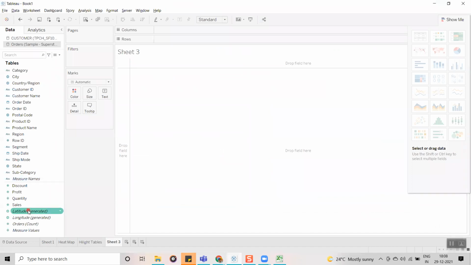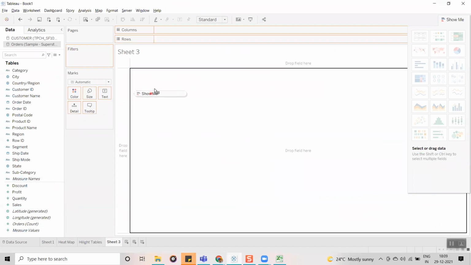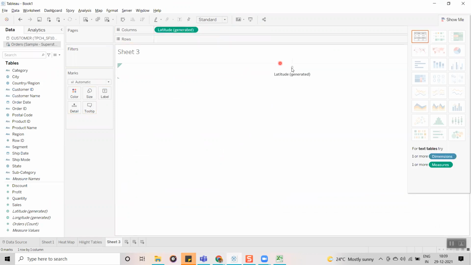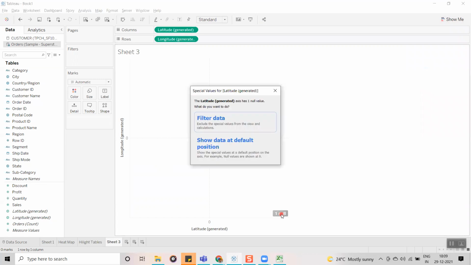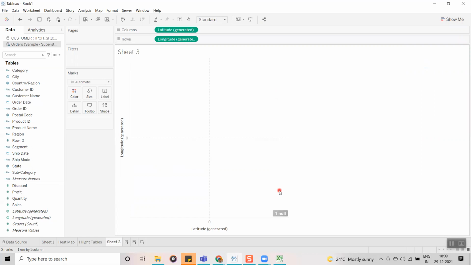See, for example, now if I drag latitude and longitude, I am going to drag the latitude. Now you are not getting anything, and again longitude I am getting. Now you can see one null value. I am getting null here because, guys, whenever you are facing these kinds of issues while creating maps, generally there might be an issue in the data. Data means not the backend data, guys, but the states or cities, whatever we have selected. Here automatic is there, so I am going to create a map. Still, I am not getting anything.